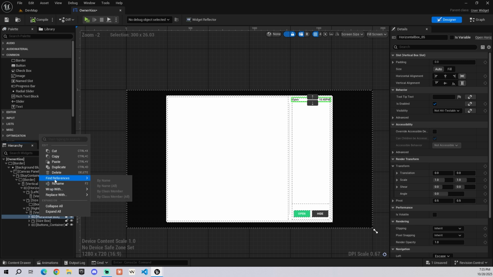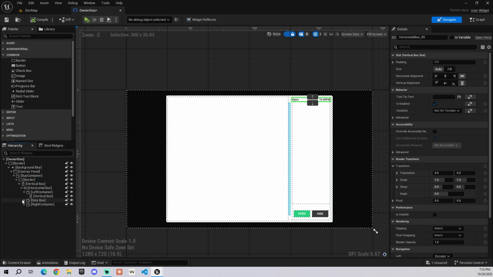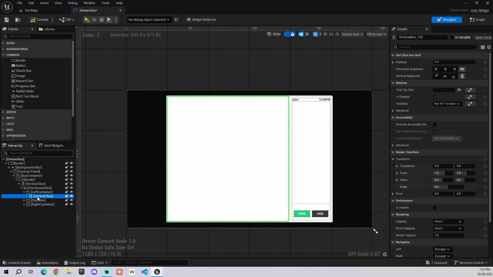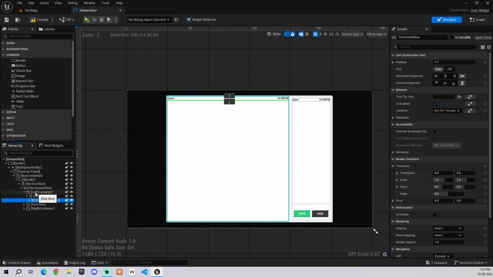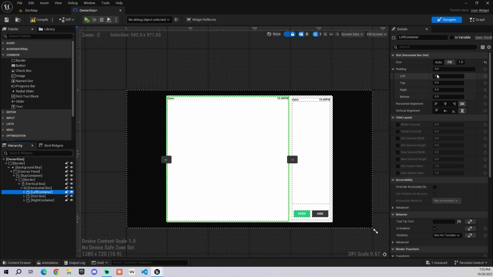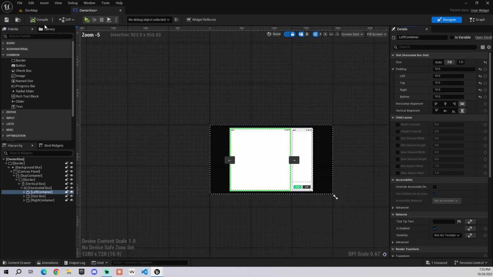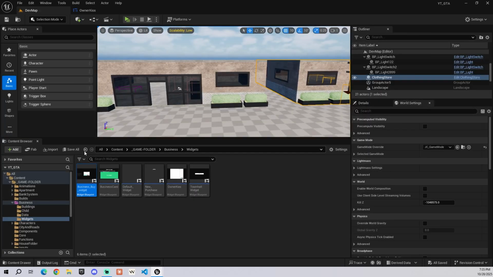Let's copy this text and put it into the left vertical, and the left container, let's give it padding. Oh yeah, 10 as well. For now, we're going to keep this text like that, but this will be where we add the widget switcher type thing. Okay, this is the owner kiosk. So if we open